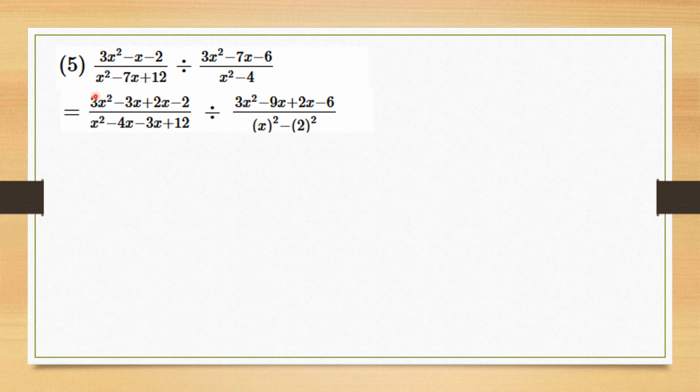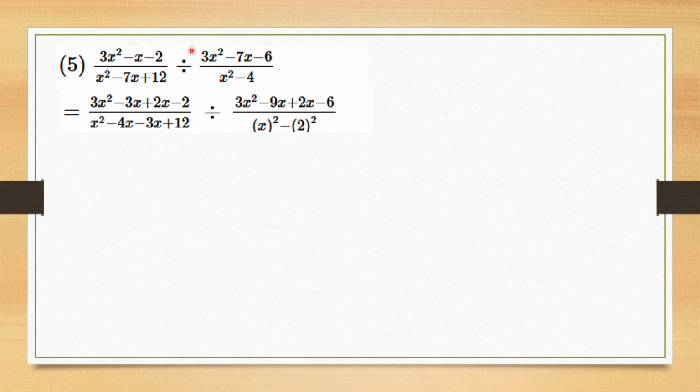upon, similarly, in the denominator, we have x squared minus 7x plus 12. So here it is just 12. Now 12 you have to split into two such numbers that after multiplying we get 12, and after adding we should get minus 7. So if you take minus 4 and minus 3, minus 4 multiplied by minus 3 will give you plus 12. And minus 4 minus 3 will give you minus 7. So the denominator is expanded in this way, which is x squared minus 4x minus 3x plus 12